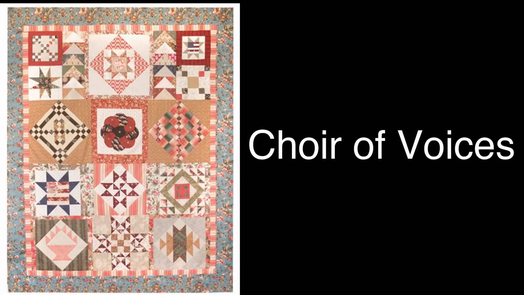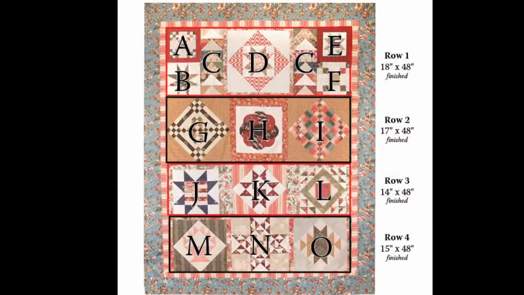Now, when you look at the quilt, for those of you who went through the Civil War Legacy program with us, you're going to see some similarities, even though the time frame wasn't near the same. But you can see that I have separated that quilt into rows. So you can clearly see you have a row 1. As you look at the top, see how that row 1, you got A, B, C, D, E, F